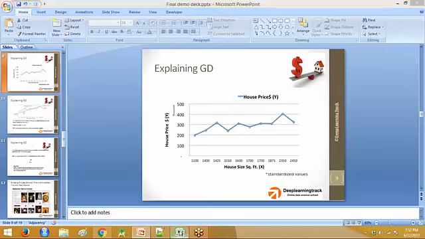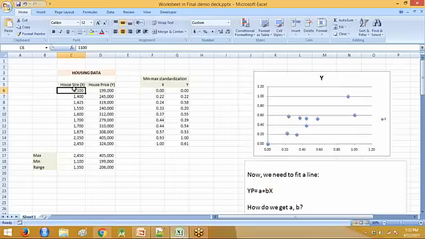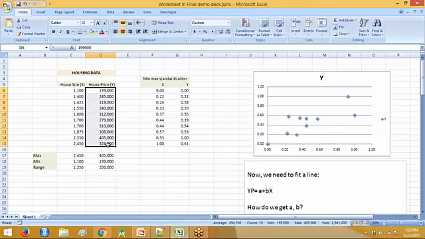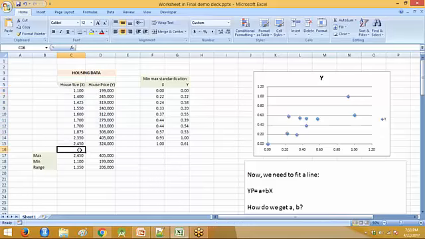And that's where, let me walk you through the Excel sheet of this one. Let's say we have a historical set of house sizes that are given, and a historical set of house prices at which they were sold. Given these two sets, we should be able to predict, if a house size is, let's say, 2,200, what is the expected price of this particular house.